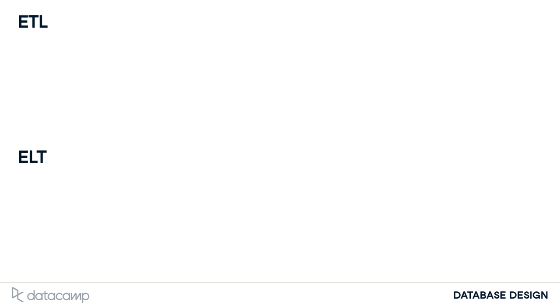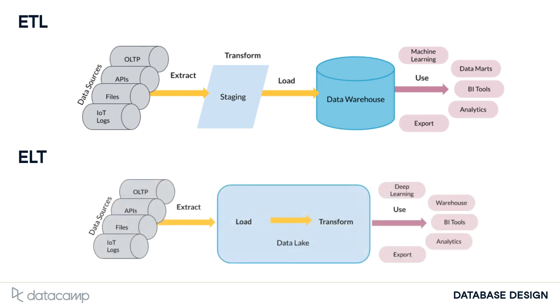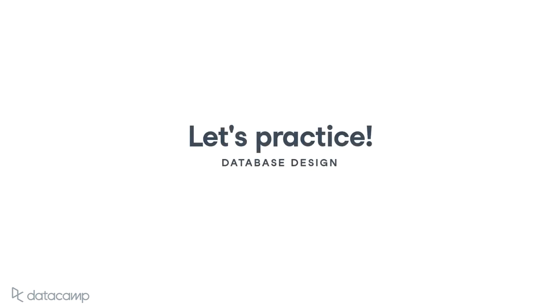ETL is the more traditional approach for warehousing and smaller scale analytics, but ELT has become more common with big data projects. In ETL, data is transformed before loading into storage, usually to follow the storage's schema, as is the case with warehouses. In ELT, the data is stored in its native form in a storage solution like a data lake. The portions of data are transformed for different purposes, from building a data warehouse to doing deep learning.